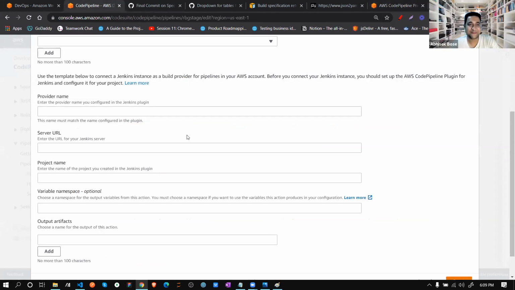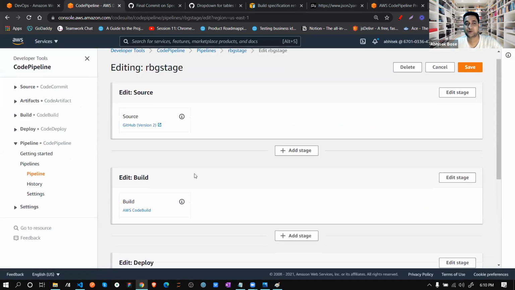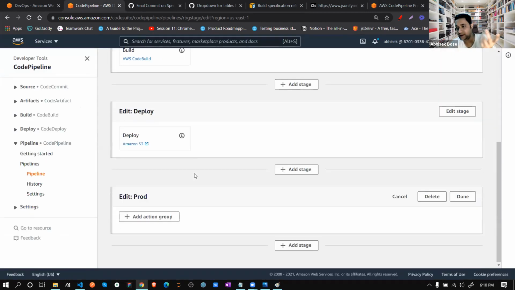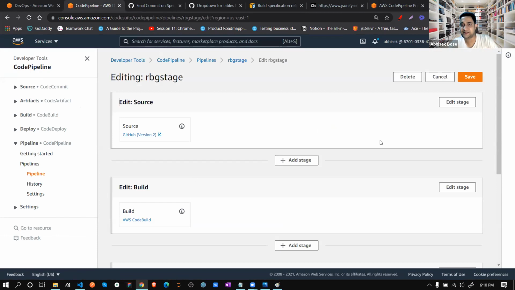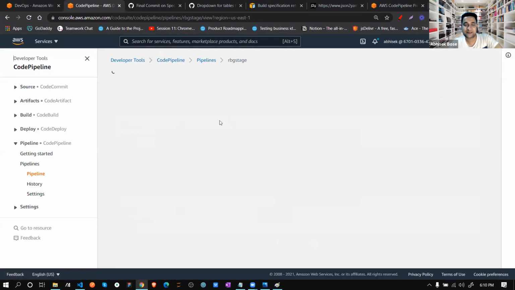Okay, so I'm returning back to here. So like this way you can add multiple steps or stages. This does not totally depend on source, build, deploy or prod. You can add multiple stages. Now the last part is,